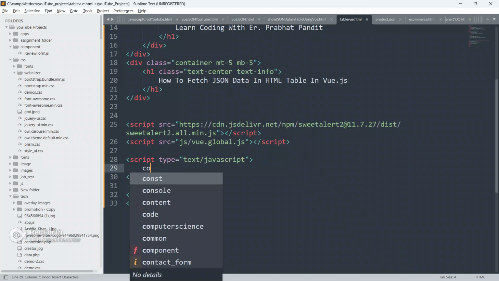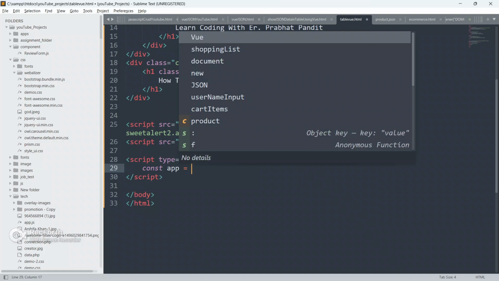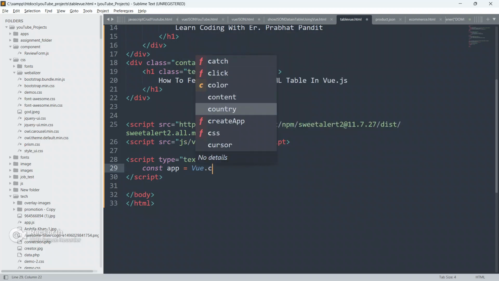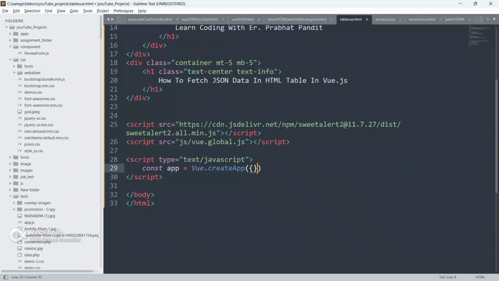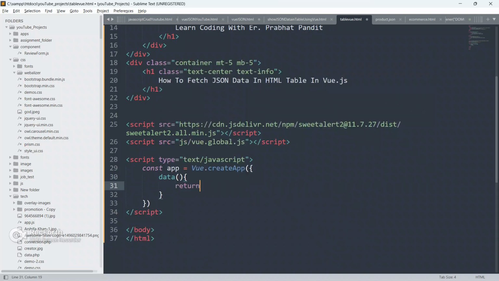So guys, in this script I'm gonna write some script first. I'm gonna create a const app equal to Vue.createApp, and inside this I'm gonna create a data property, a data function, and it will return all the properties.